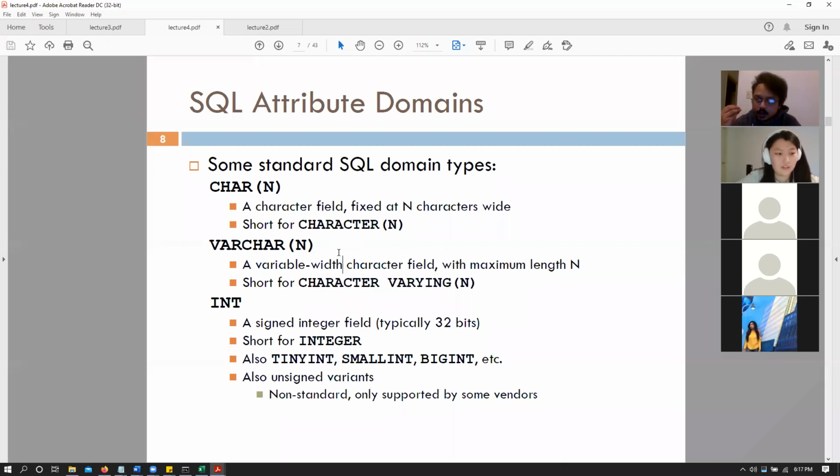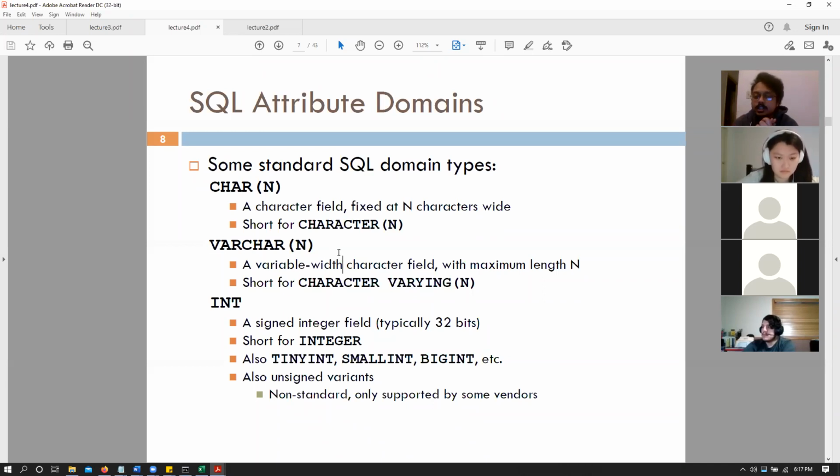So if it is New York, I need to save both New York and that it has 8 characters, because if I want to print out all of those things, I want to print out New York up till the 8 characters because that is the variable length. So varchar also saves the number of characters that we have along with it being variable length and maximum being n characters.